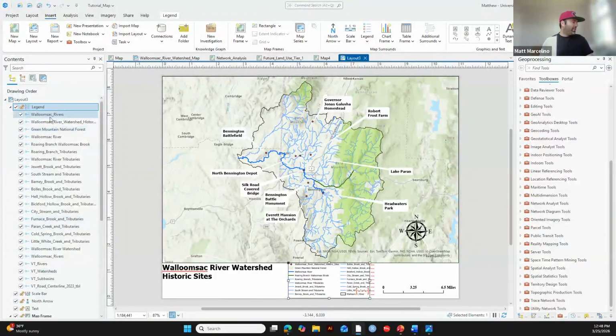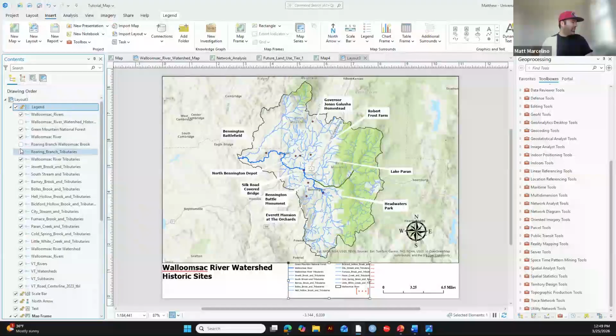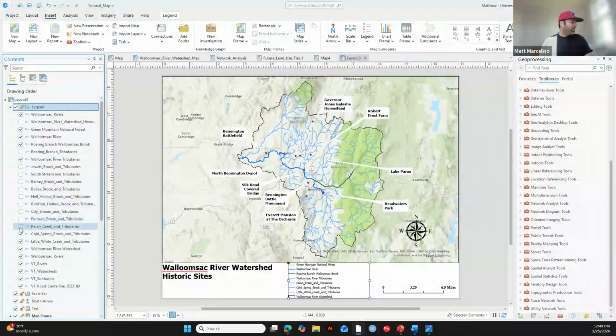But in this context, for this tutorial, you can literally just go through and turn on and off what you're interested in or not. So now you have a much cleaner legend,